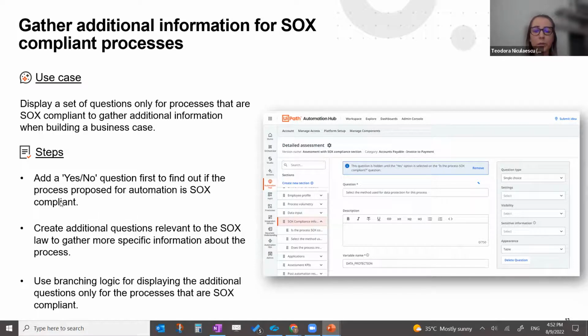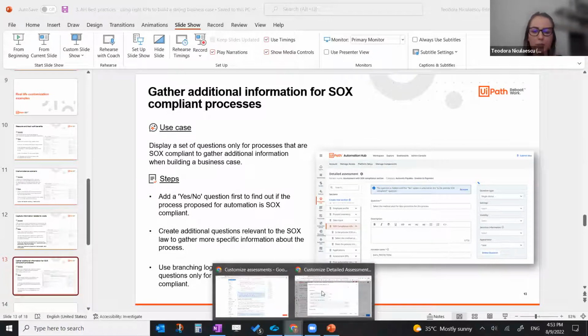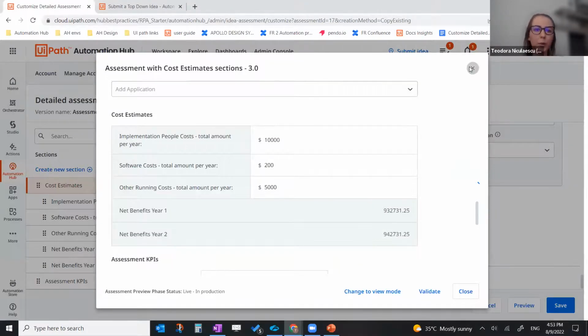So first, we can create a simple yes and no question to find out if the process proposed for automation is SOX compliant. Then we create some additional questions relevant to the SOX law to gather some specific information. And we use the branching logic in order to display those additional questions only if the yes answer was selected to that question. And now going back in demo mode,